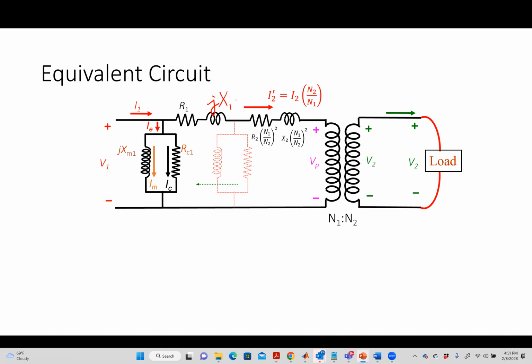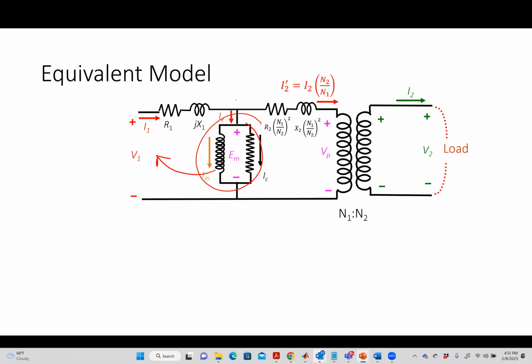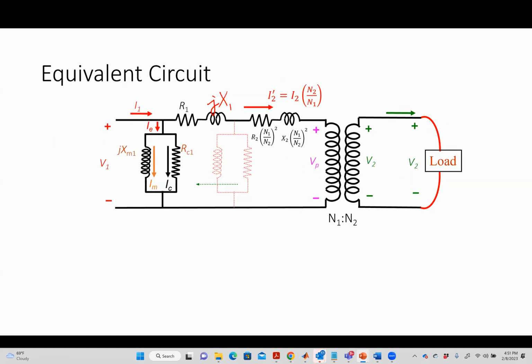No, I'm not changing the frequency. First of all, can you just move stuff around in a circuit? Can I just take impedances and move them? No, I can't do that. That doesn't make any sense, right? In other words, this and this, if I'm just taking that and moving it over,